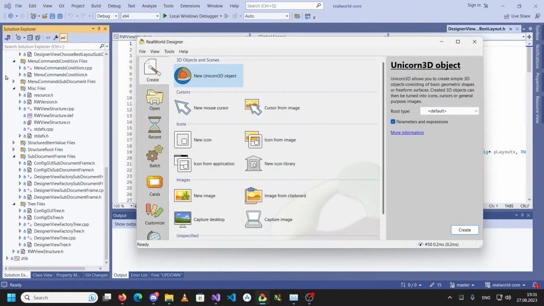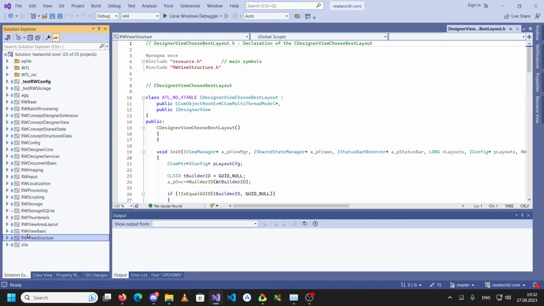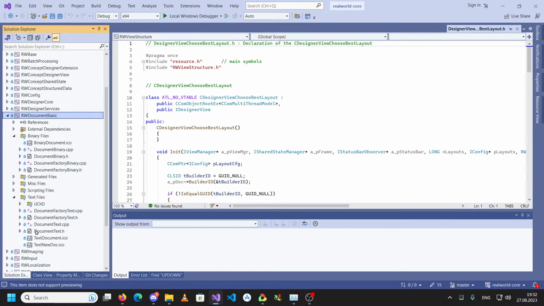Okay, I've skipped the RWViewBasic because I want to show you RWDocumentBasic first, and this project is responsible for actually opening or holding open the document you are working with currently, and this project is able to open